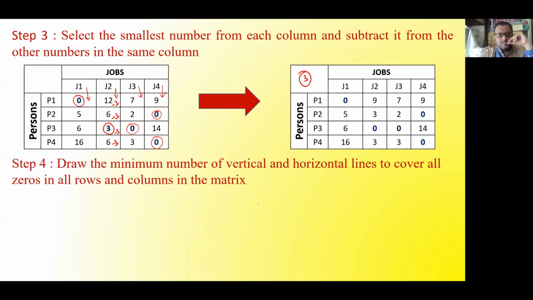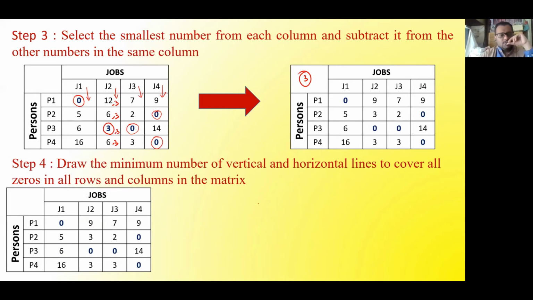Let us check. The first option, someone who has not understood what to do will make these 4 lines. Sir, it got cut in 4 lines, my answer is done. Read this line, what is written here? Draw the minimum number, try to cover the zeros in the minimum number of lines. So this option will be a wrong option. Here you can see I have marked a cross there, because there is a way in which I can do it in fewer than 4 lines.